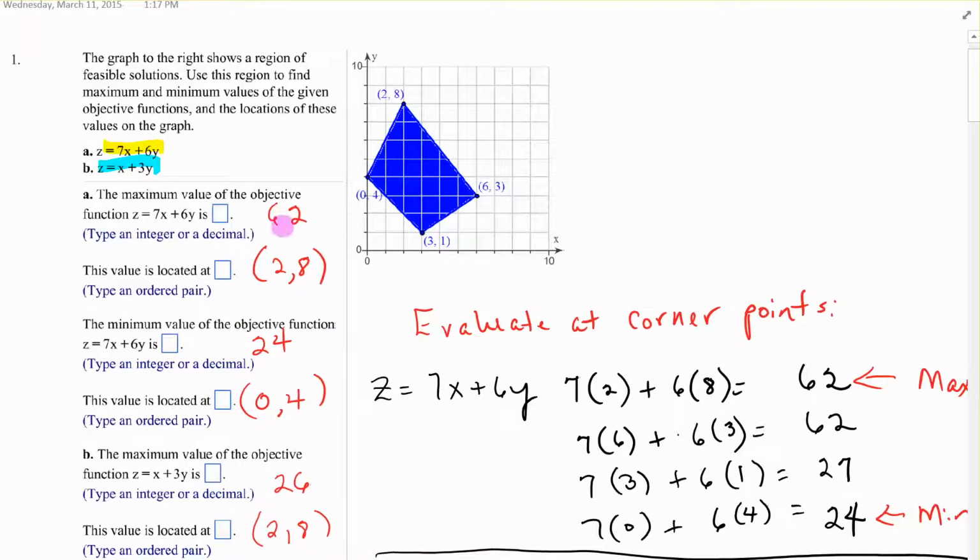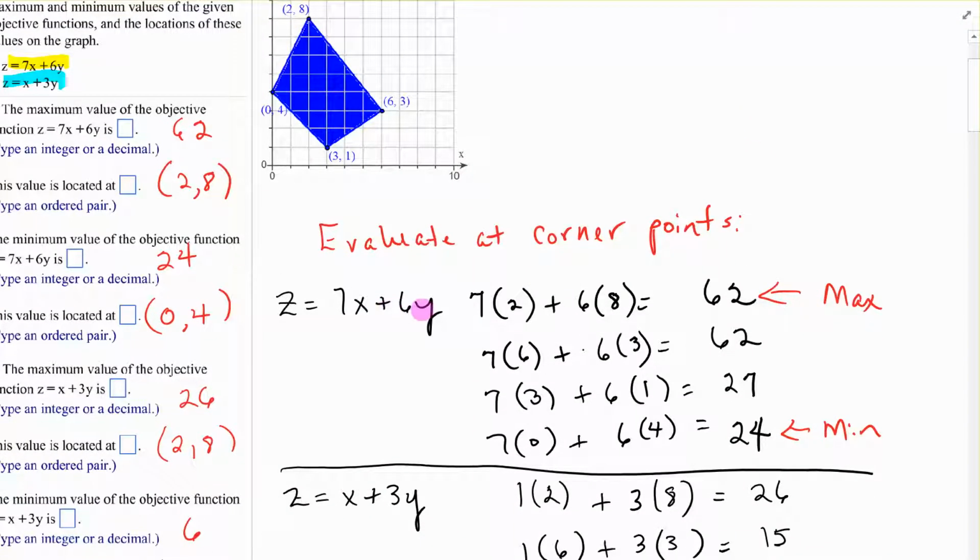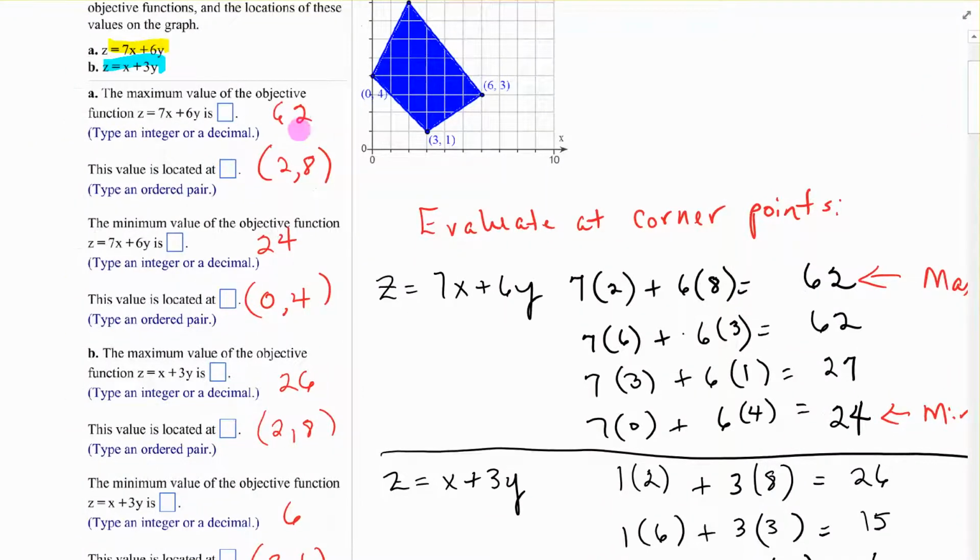So the maximum value is 62, and the value is located at (2, 8). How did we get that? We took z equals 7x plus 6y, and we put in the 4 corner points, (2, 8), (6, 3), (3, 1), and (0, 4). There's a low point here and a max here. So that's what we filled in. 62 is the max, it occurs at (2, 8). 24 is the min, it